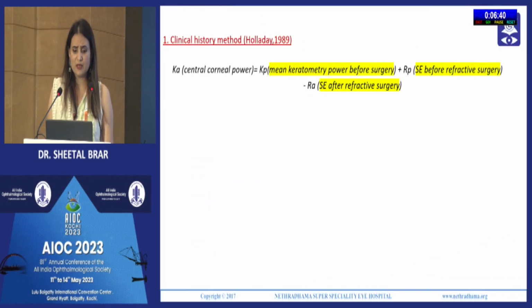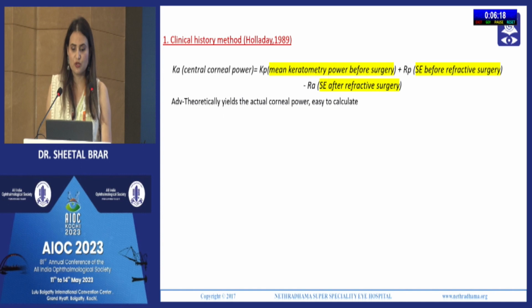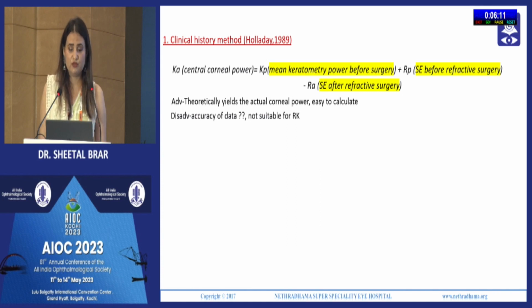The clinical history method was proposed by Holladay in 1989, and here you derive the central corneal power by adding the mean keratometry power before surgery and the spherical equivalent before refractive surgery, and then subtracting the spherical equivalent after the refractive surgery. Theoretically this yields the actual corneal power and is also easy to calculate. However, the accuracy depends upon the accuracy of the data. If you do not have pre-refractive surgery data, then you cannot use this,